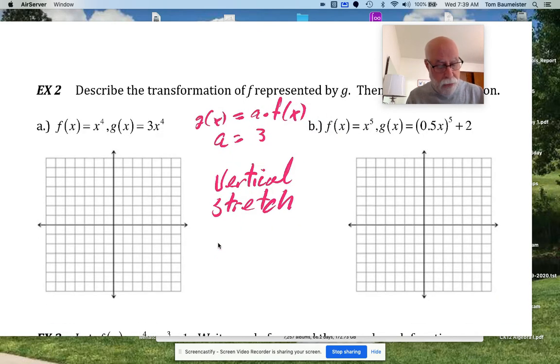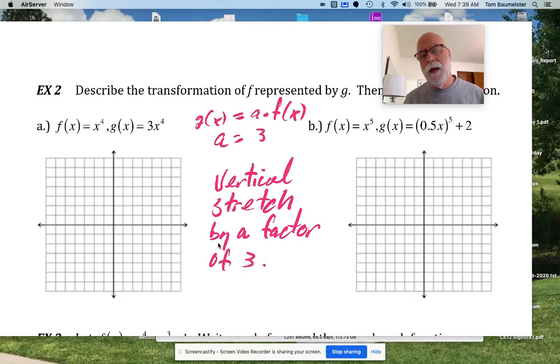And it's going to be by a factor of 3. And what I would suggest, try to graph it yourself, ladies and gentlemen, and then plug it in your calculator and see if you're right. So what you should notice on